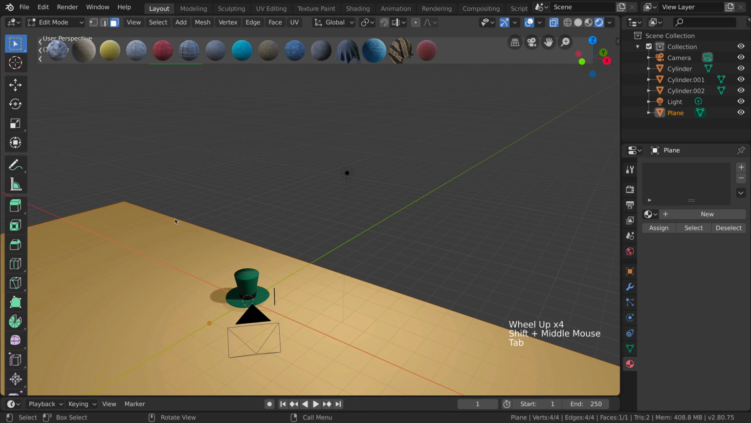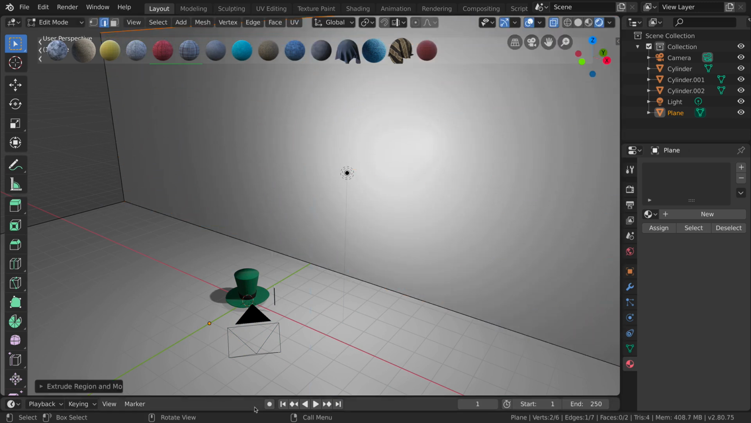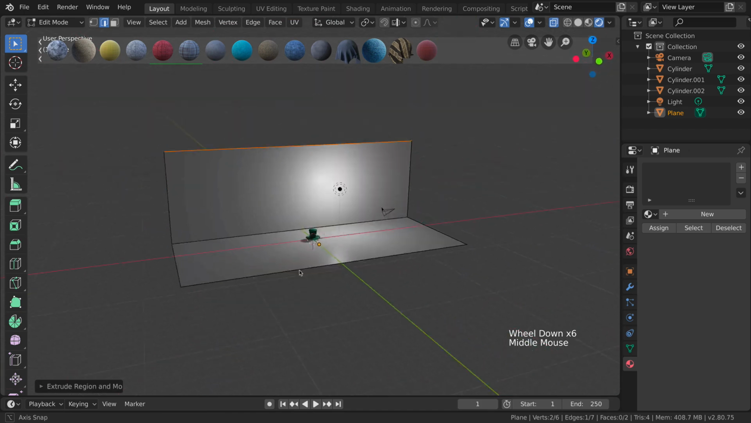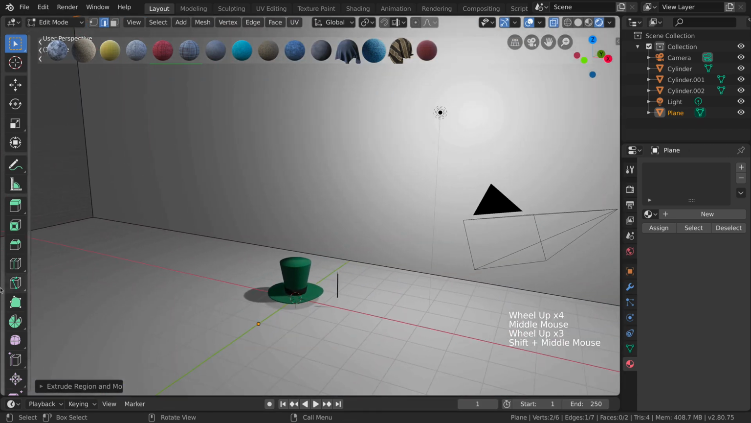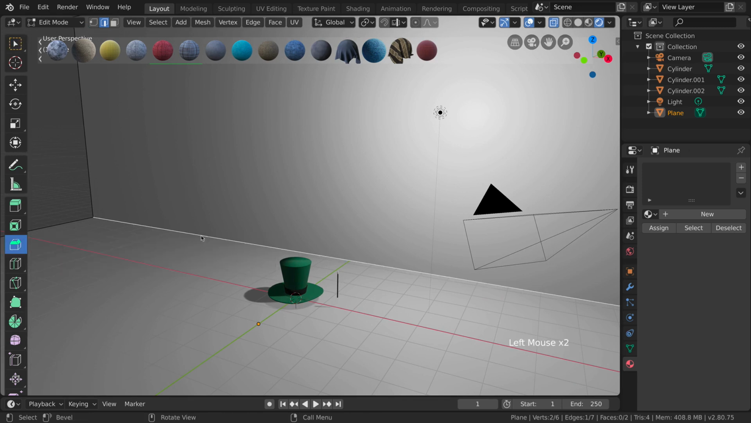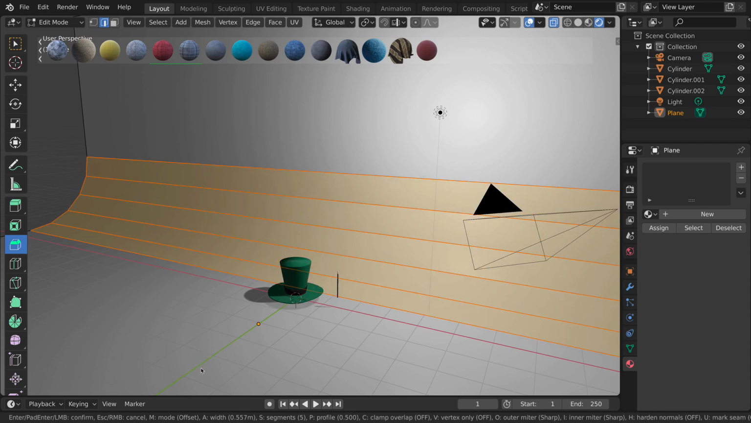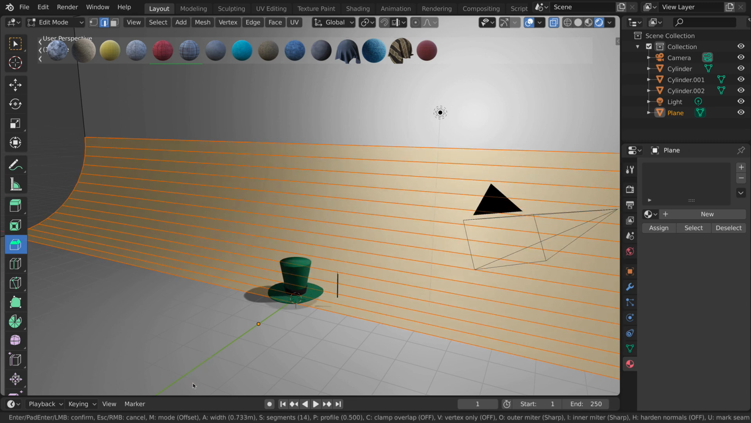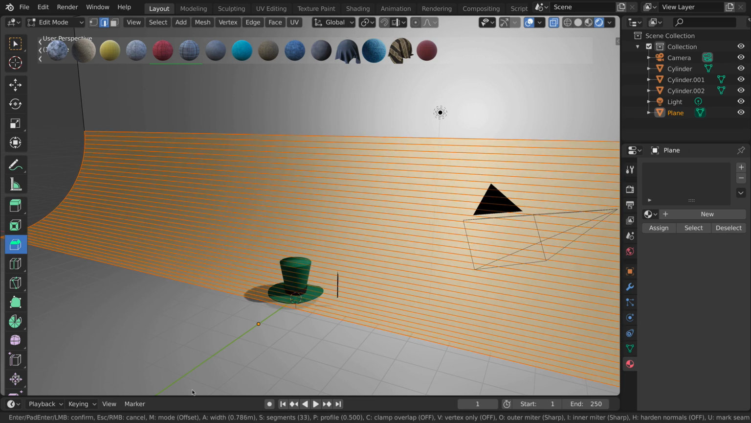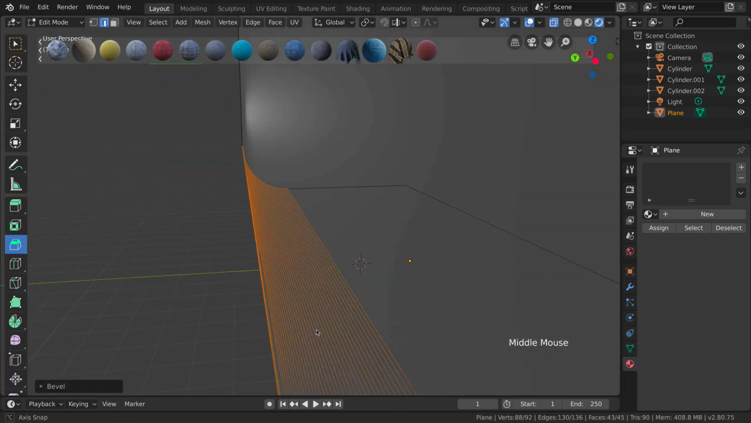Press tab, on your number pad click here to edge select, select this edge, and then extrude it in the z-axis, so up to here. Okay, and then we are going to use a bevel for this one. So bevel, click on this one and just click with your left mouse button, and we are just going to hold it. And then with our middle mouse, we are going to extrude it like this. Okay,